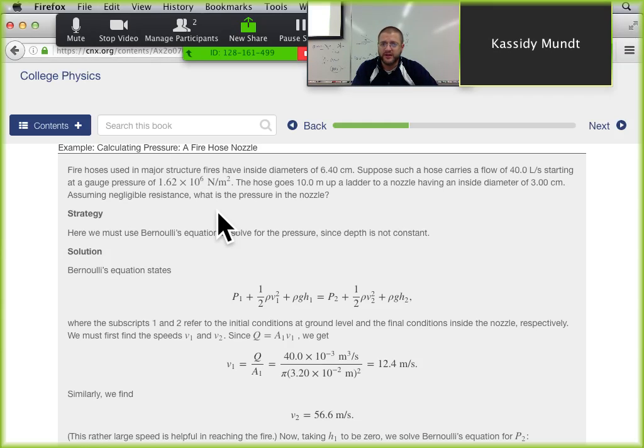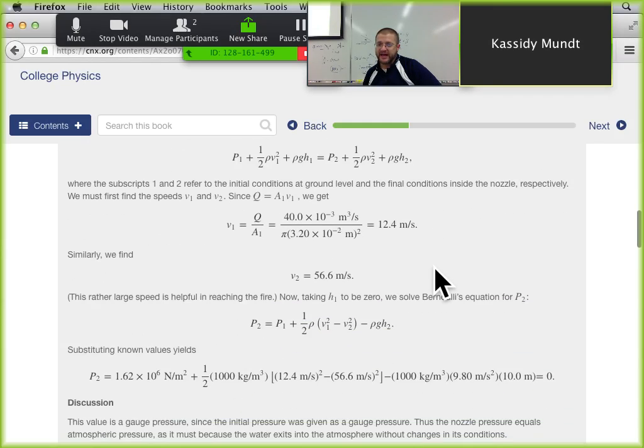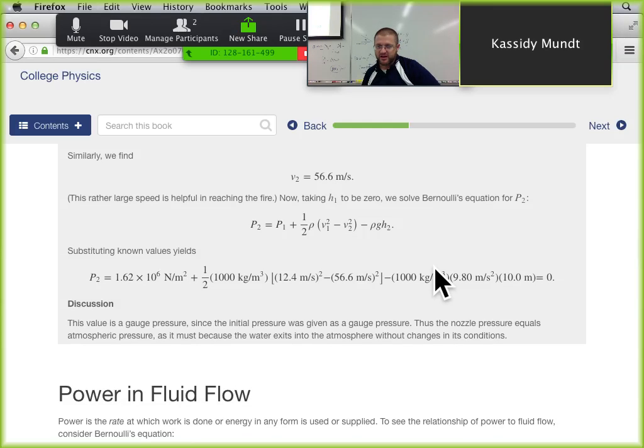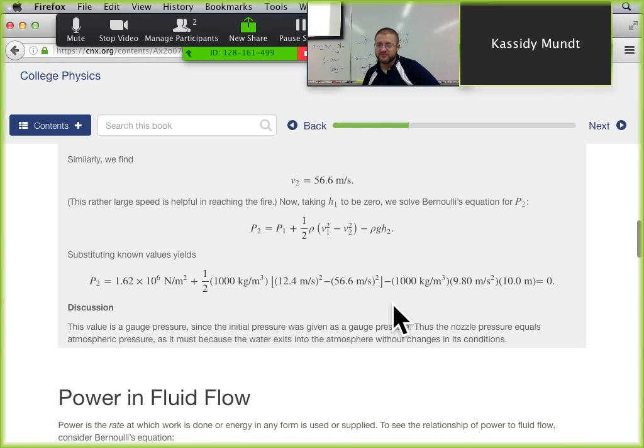And then they give you the diameter of the hose and the diameter of the nozzle, so that you can use the flow rate equation to calculate the speed of it coming out the nozzle. And then you can put that in for your speed 2 here, and your speed 1 is from the diameter of the hose. And then it changes height, and so you put in your original height and your final height. The original height's probably 0, and your final height's the height of the ladder or whatever it is. And then you go ahead and calculate whatever they want you to calculate at the top, which I don't know what it is. So you go through all that stuff just to get the pressure to 0? Let's see here.